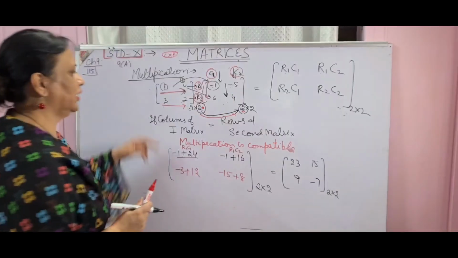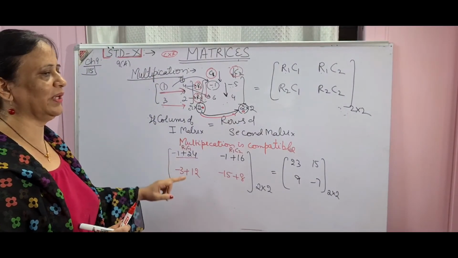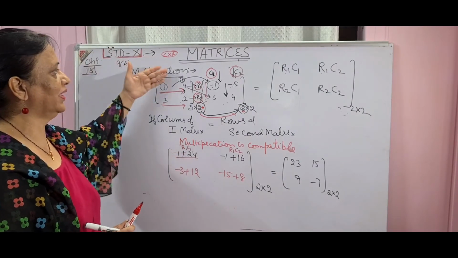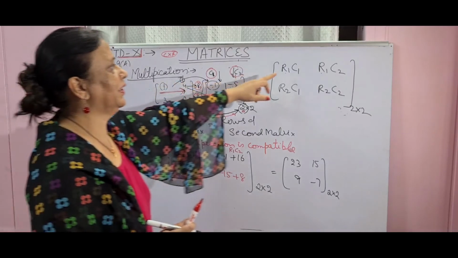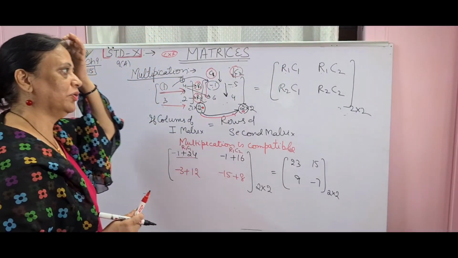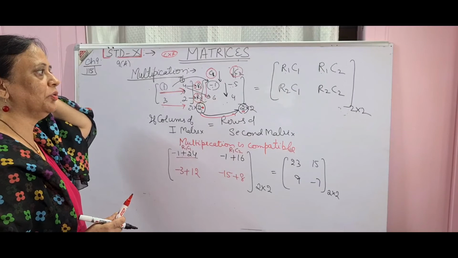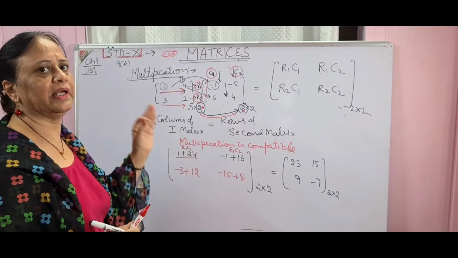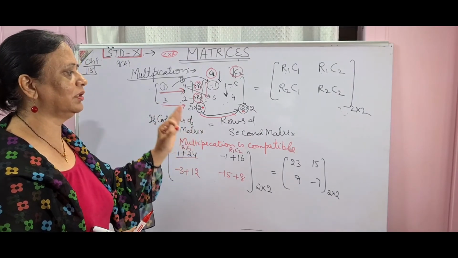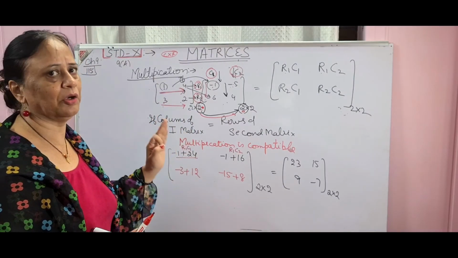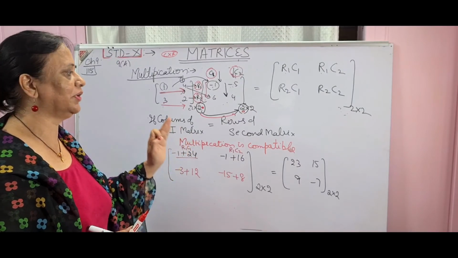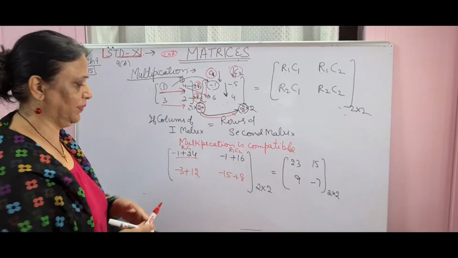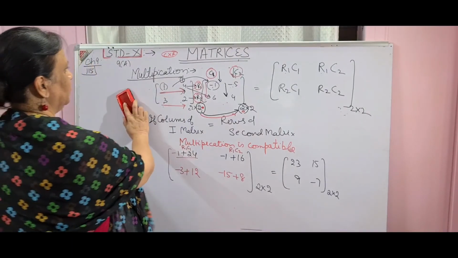So if you go a little slow in it, you will never make mistakes. But if you hurry, you will be in problem. See how I have done it. It is so simple. You write the formula at the side, row 1, column 1, row 1, column 2. Then similarly row 2, column 1. Each and every step is to be done very nicely, very slowly. There will be no mistake because the calculations are very easy and oral. The only mistake you will make is that you will hurry up, you will speed up. Got it? Then moving on to the next